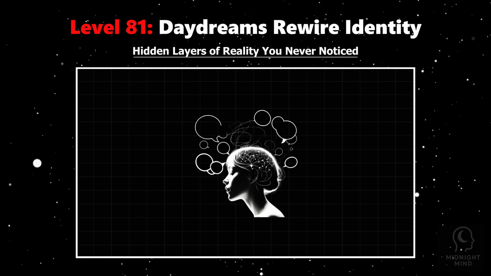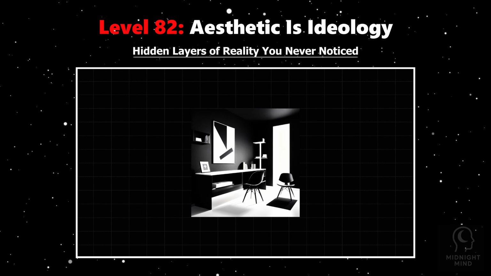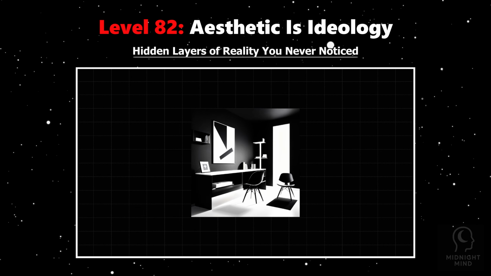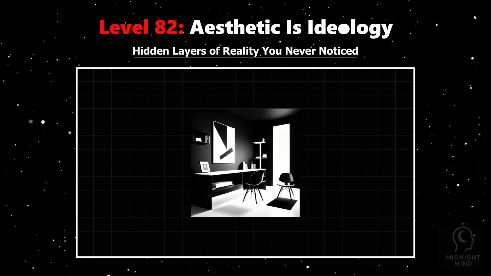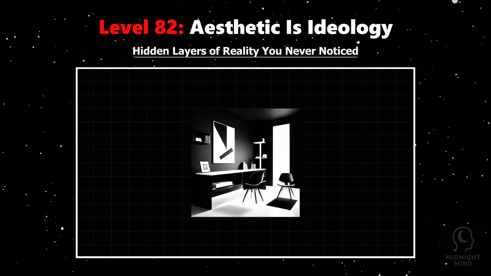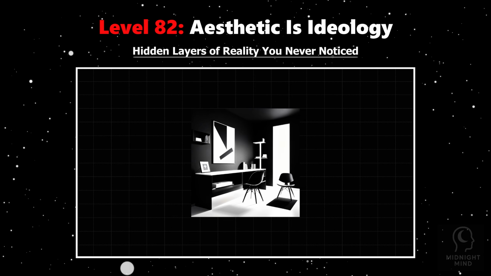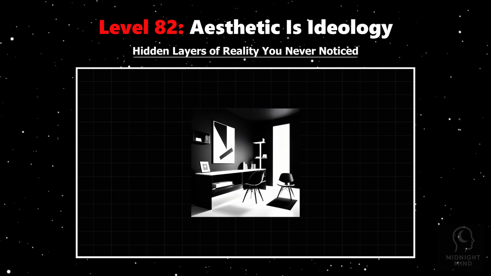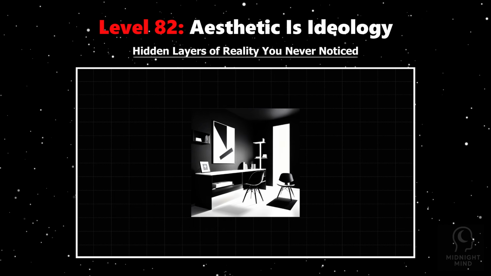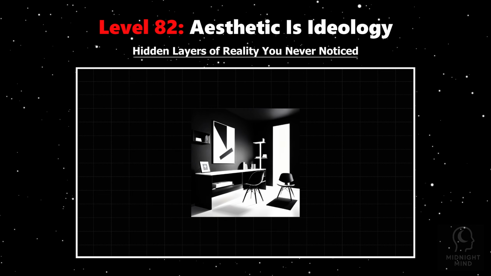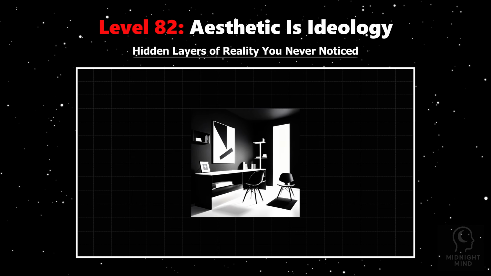Imagine the colors, shapes, and styles you gravitate toward, your favorite look. It feels personal, natural, even spontaneous. But beneath the surface, these preferences are far from neutral. They are shaped by deep-rooted belief systems embedded in design, color, and form. Your aesthetic choices carry hidden messages, ideologies transmitted through culture, history, and social power. What you find beautiful or appealing is not just your taste, it's a subtle form of propaganda.